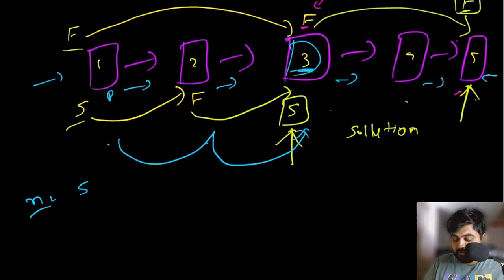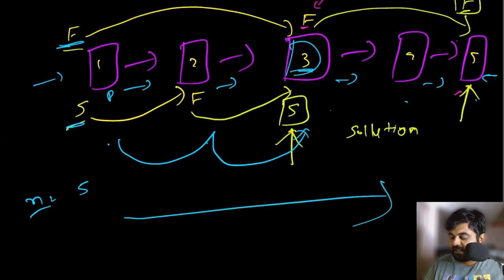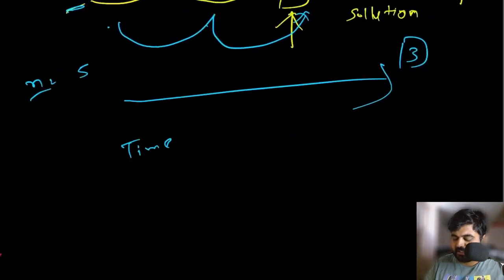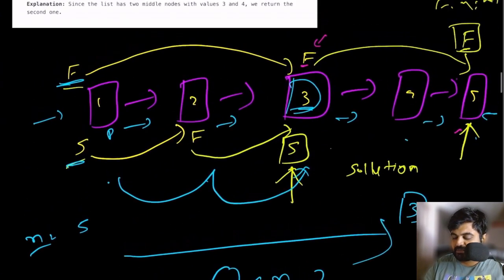But because we use fast and slow pointers, we were able to complete this whole solution pretty quickly in a single iteration, only with 3 different iterations inside the linked list. So if we see the time complexity in this case using the fast and slow pointer, the time complexity would typically be big O of n divided by 2, because remember, this fast pointer doesn't have to jump through every single value.